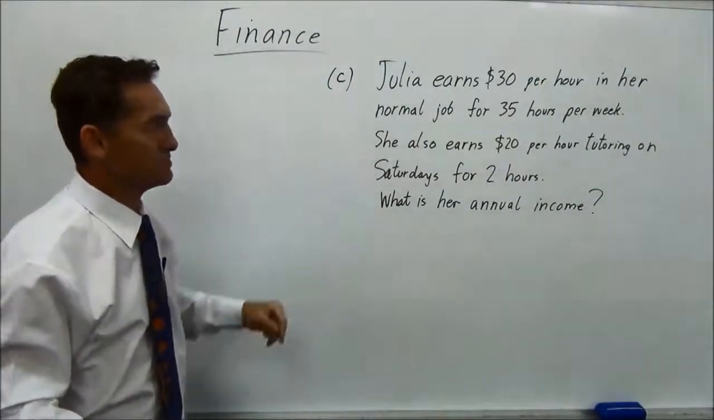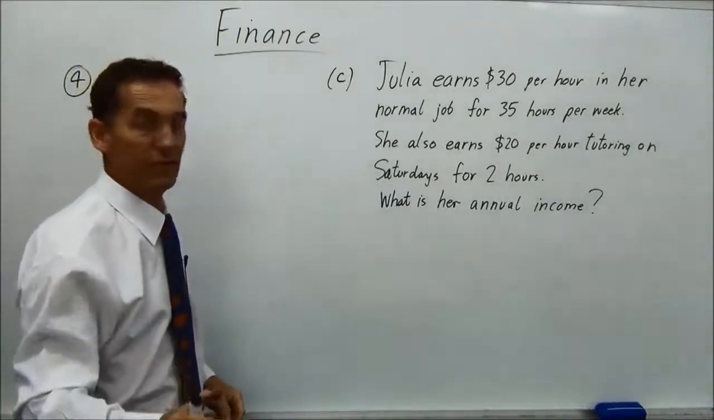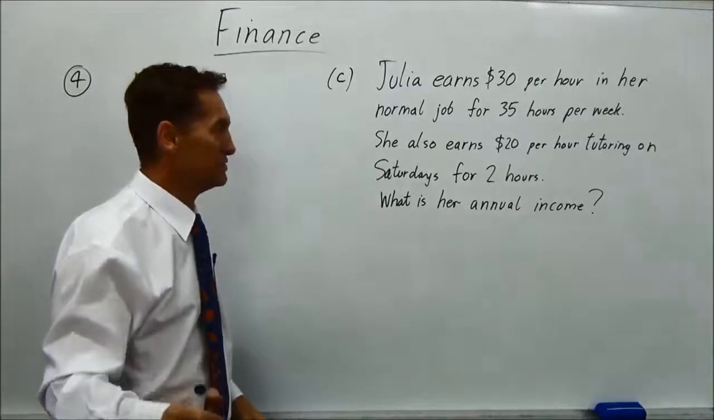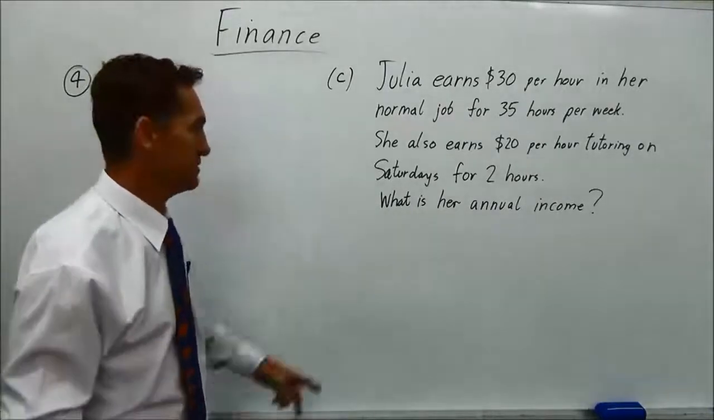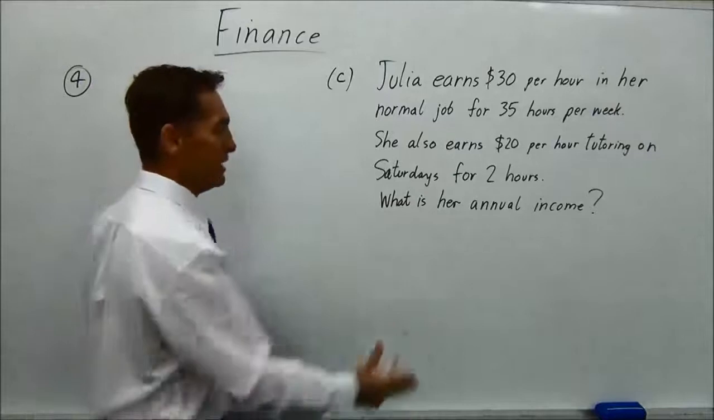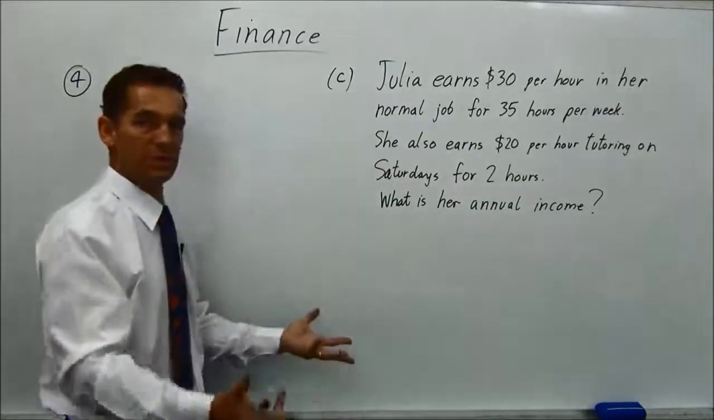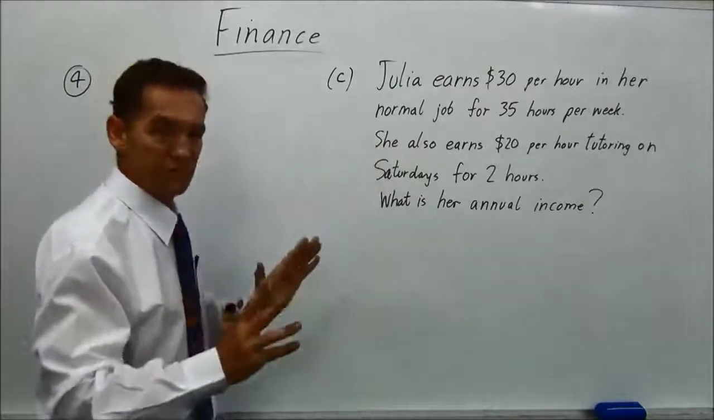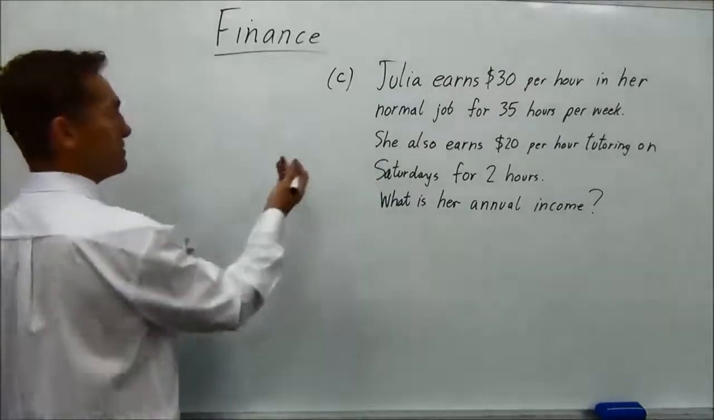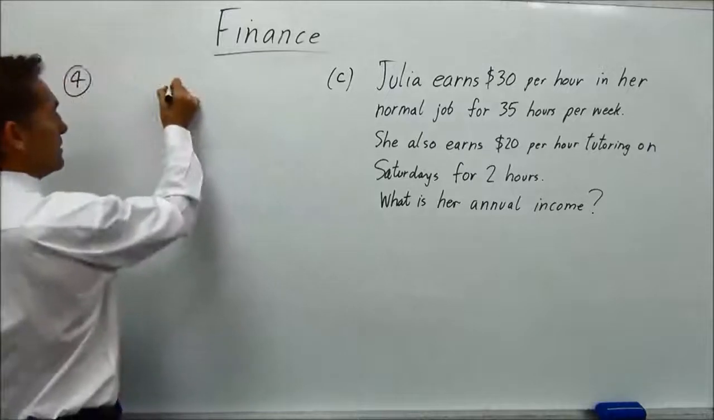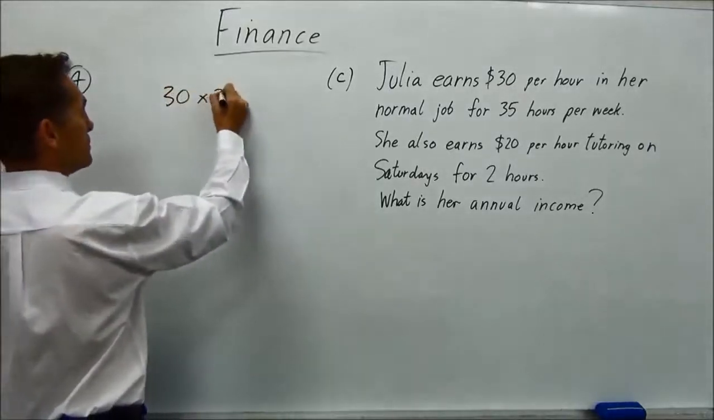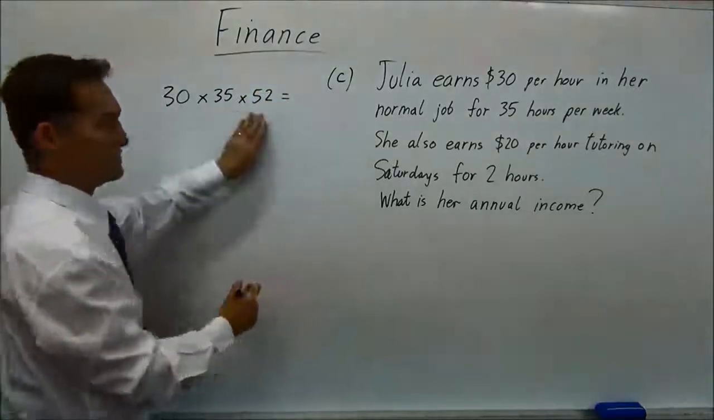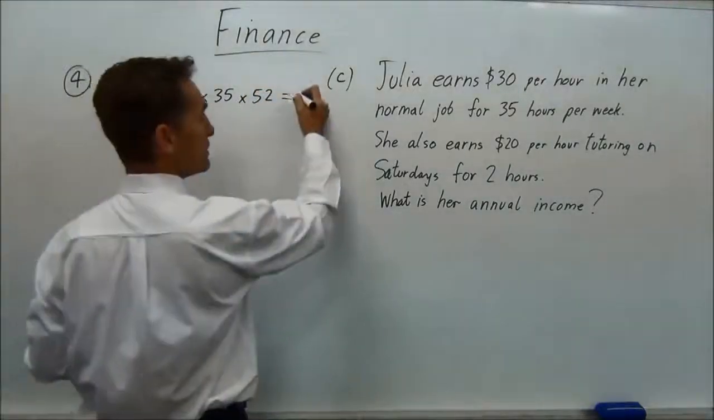G'day, back again, part C. Julia earns $30 per hour in her normal job for 35 hours per week. She also earns $20 per hour tutoring on Saturdays for 2 hours. What is her annual income? Well, annual means the whole year. So how much does she earn in the whole year? Now we're going to assume 52 weeks in the year. Okay? So the two calculations you should be doing are 30 multiplied by 35 by 52. Figure that out. So that's how much she earns normally, and that works out to be